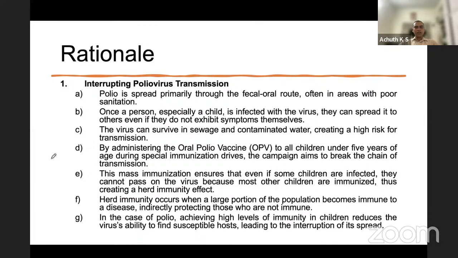And how did this virus spread, and where did it survive? It survived in sewage and contaminated water and maintained a high risk for transmission. How did we interrupt this? By administering the oral polio vaccine to all children under 5 years of age during the special immunization drives. This chain was broken. With mass immunization, that is, a large number of children immunized at a single instant, it was ensured that